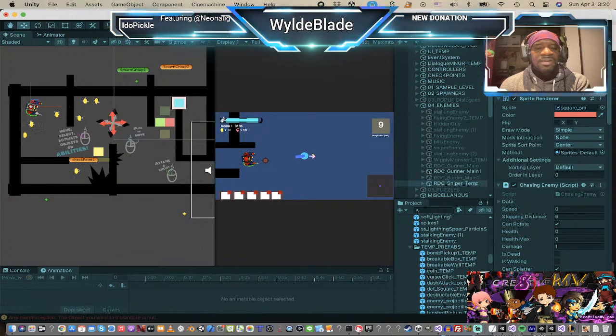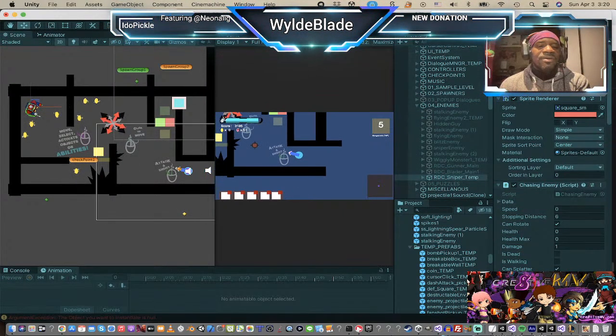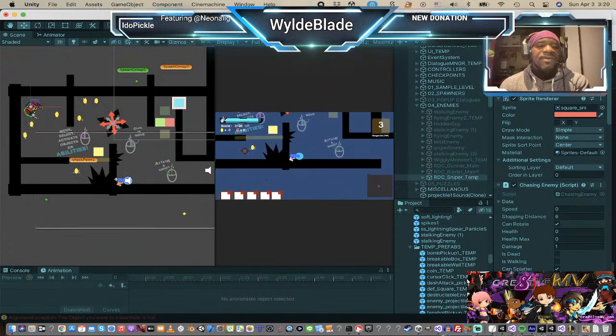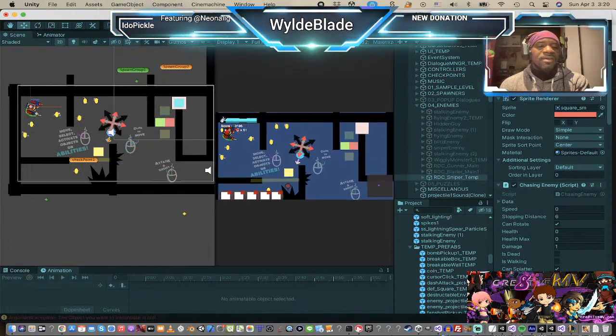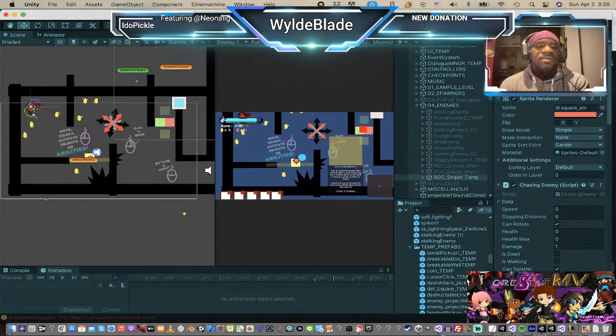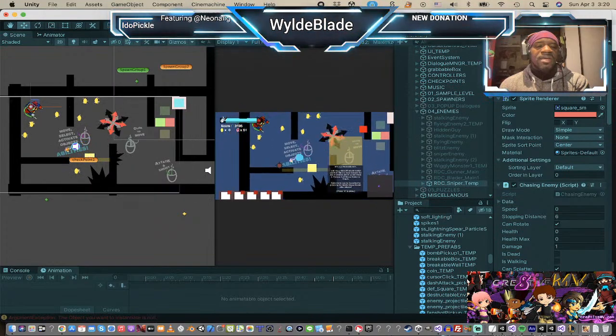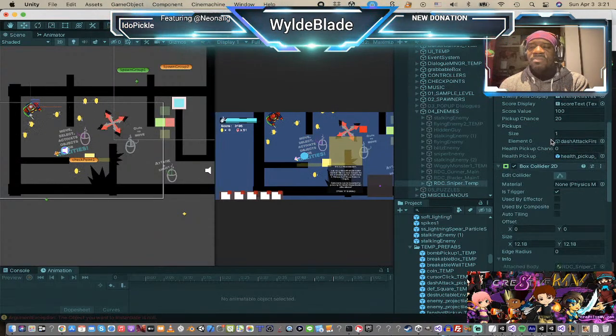Hold on, let me go ahead and kill this guy so we can go over to the sniper. Right, so now I'm gonna go over to sniper territory, and I want to see how far away I have to be before the sniper can shoot at me. Okay, let me go ahead and pick this up and move it. Okay, so notice the sniper is not walking towards me, because